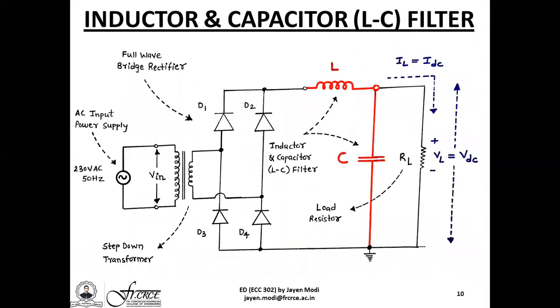Now this one has 2 different circuit elements, inductor L as well as capacitor C, that provide a much better and a much smoother filtering action compared to the individual filters of the inductor filter as well as the capacitor filter. The only issue with the inductor and capacitor filter is that since we have 2 different reactive elements with different natures, a critical inductance has to be established, otherwise the filtering action may not be good.